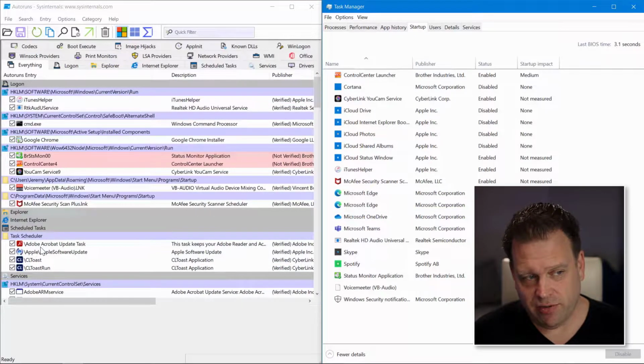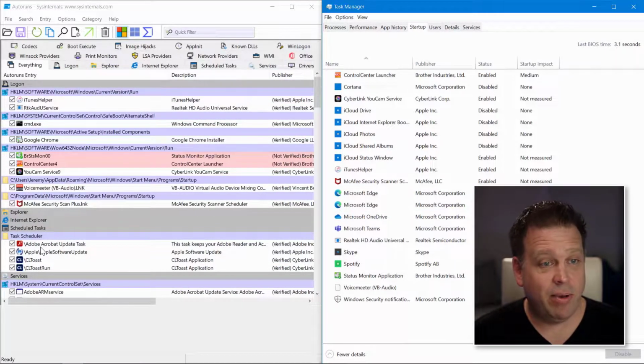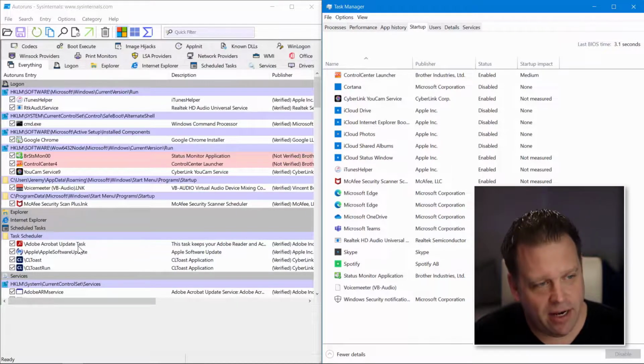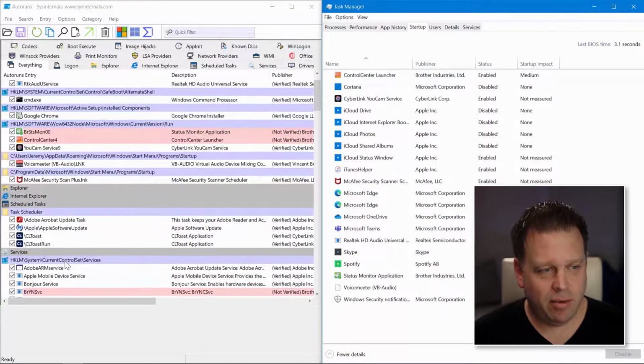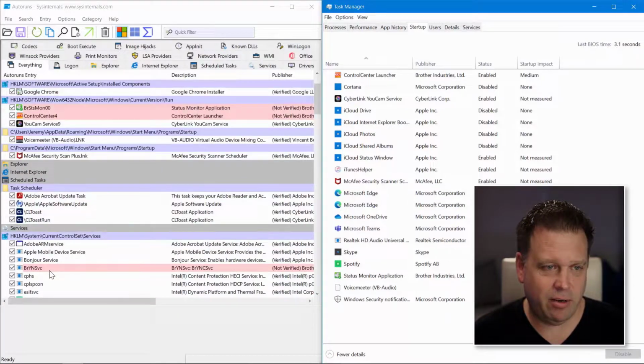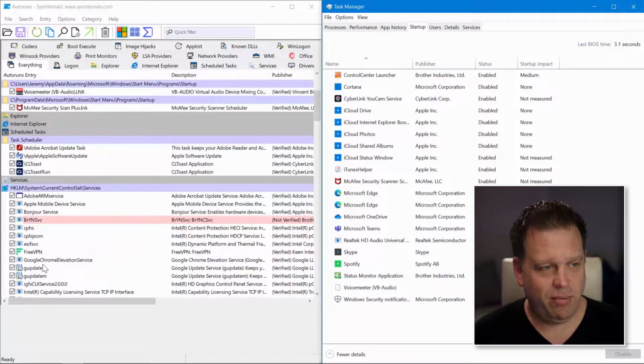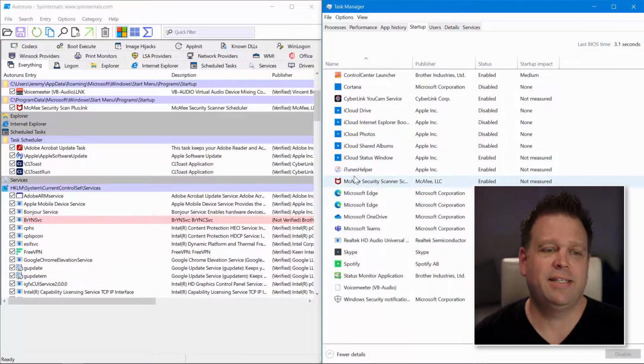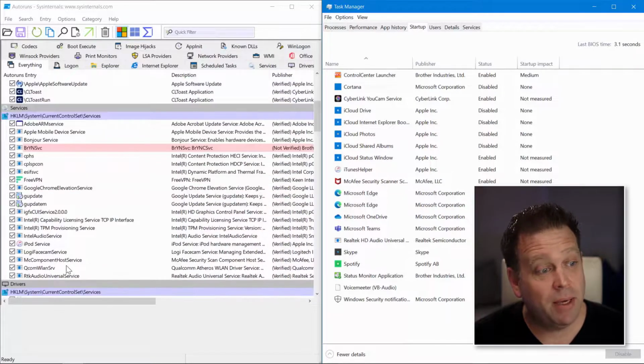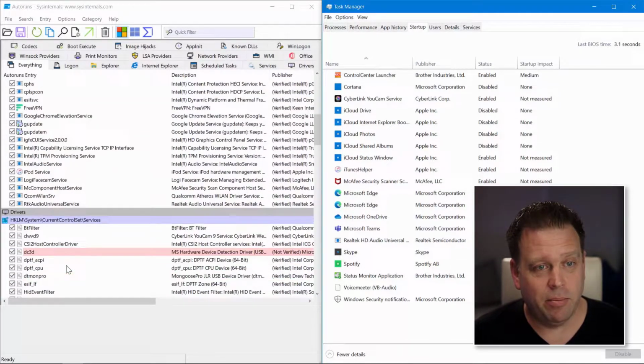Likewise, you can see other services like Adobe Acrobat Update Task. I don't use PDF files in Acrobat Reader that often. And then this printer not verified process is from Brother, a printer that I used to have connected to my PC. Then there's this free VPN service that's running that's not part of our startup tasks. Again, software that I'm not using. And all of these things will contribute to make your PC run a bit slower.